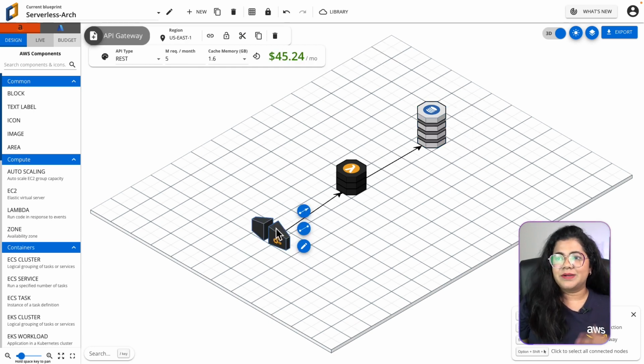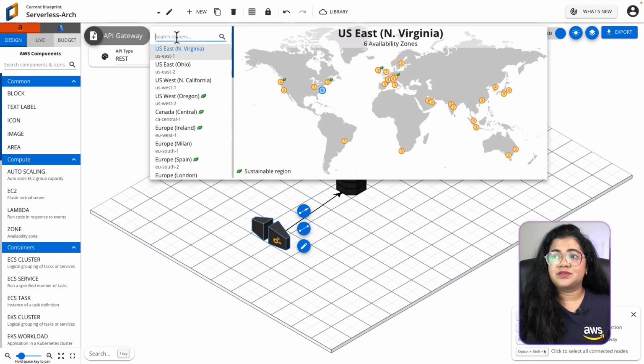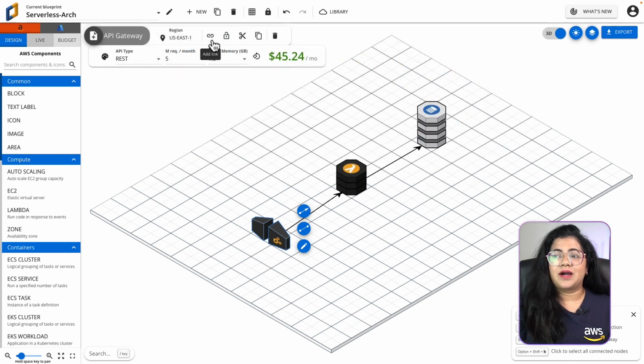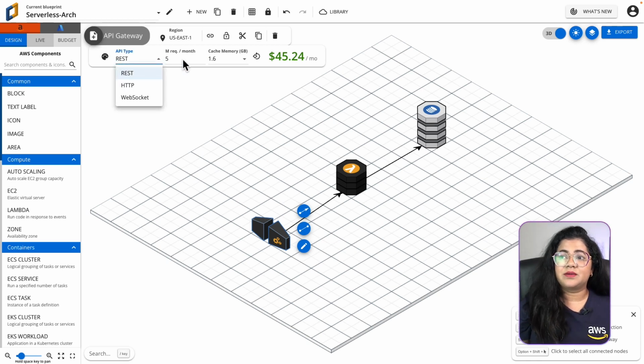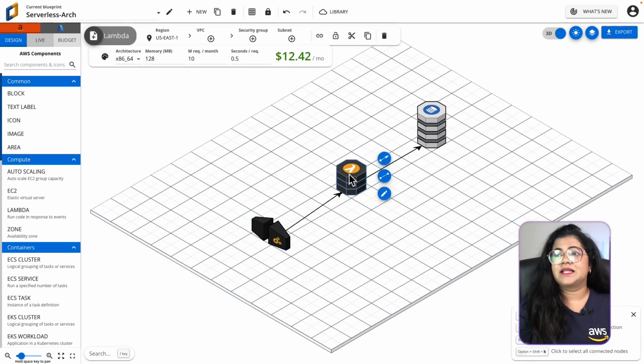Now we can see the moment I click on these resources, there are some configurations that I can do for each of them. So for example, for API Gateway, I can select which AWS region it should be in. Should it be in any of the AWS regions that I have? Do I want to add any links, or do I want to add any more information as to what the type of this API request is? Similarly, for the Lambda function, you can select which region it should be in. You can add more information like we discussed, like the VPC, the security groups, the subnets. You can say what the architecture is, what the memory is. By default, it's going to select the minimum default value, that is 128 MB, and how many requests per month,